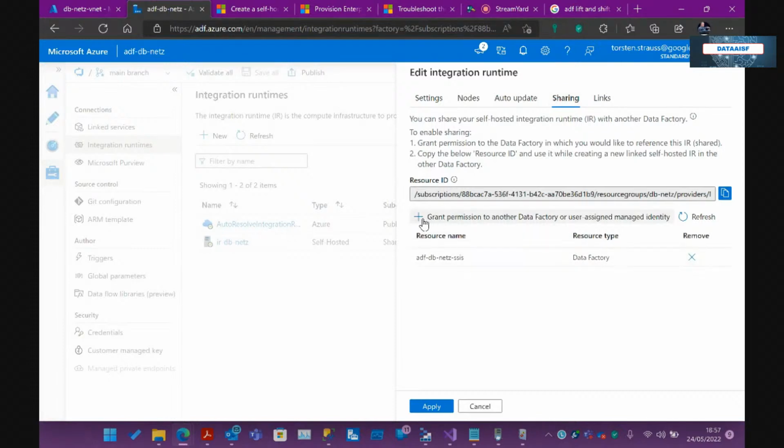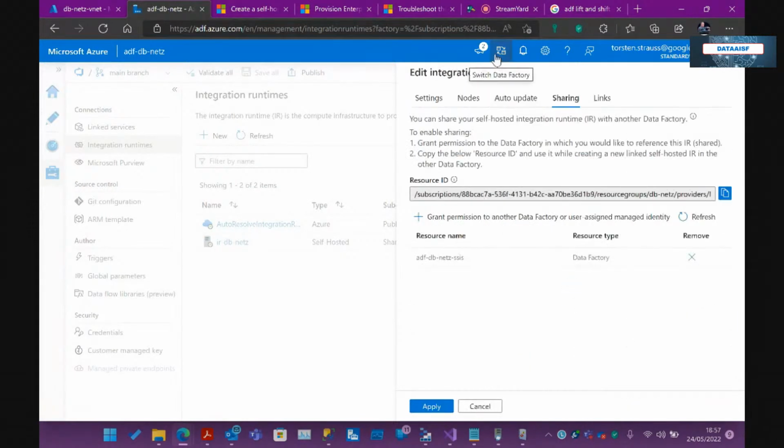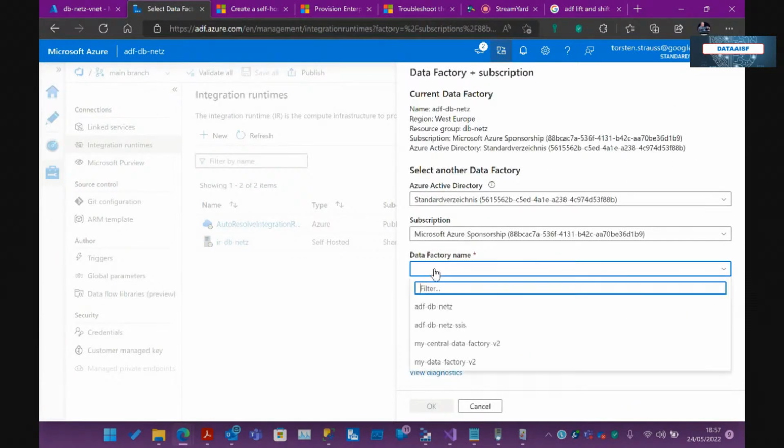What you can do is you can grant permission to another Azure Data Factory, for example, the ADF DB Nets SSIS DB, and you say add. This is what I already did. That means when I now go back to the other Azure Data Factory instance, that one,